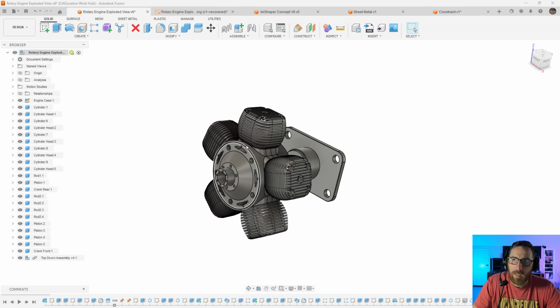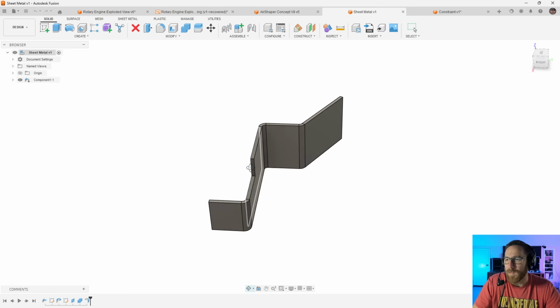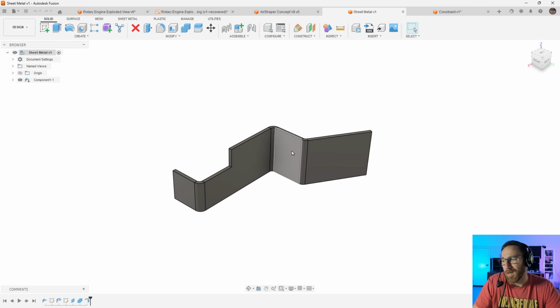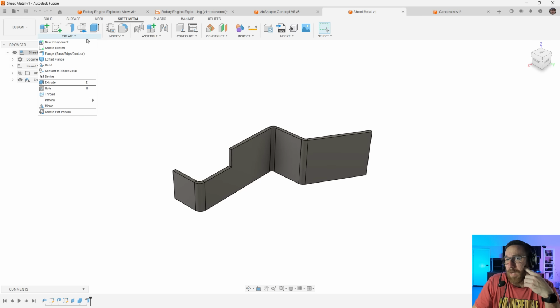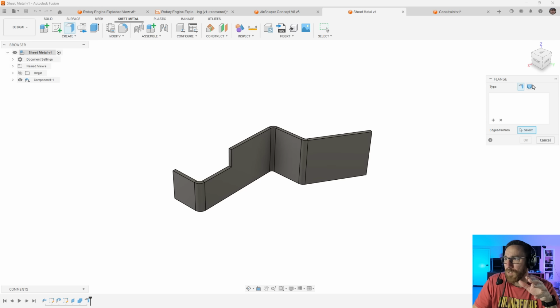So the next thing that we likely want to talk about is sheet metal. This is another update where it's kind of like, why? In my opinion. So in the last update, when we got an update to sheet metal, essentially lofted flange was broken out of the flange tool. Now it still exists in flange. You can still go to lofted flange. But one of the main reasons they did this is because they had the ability to create a different icon